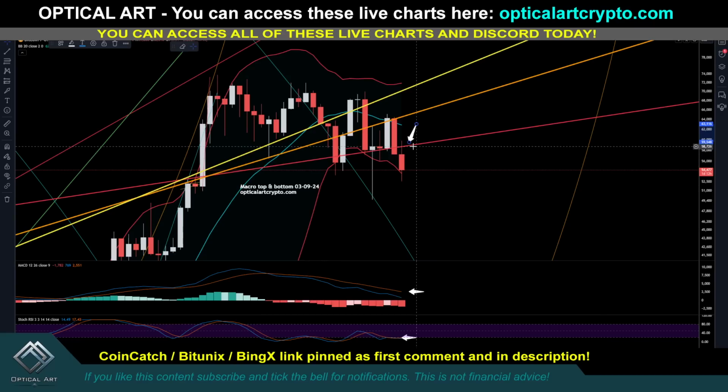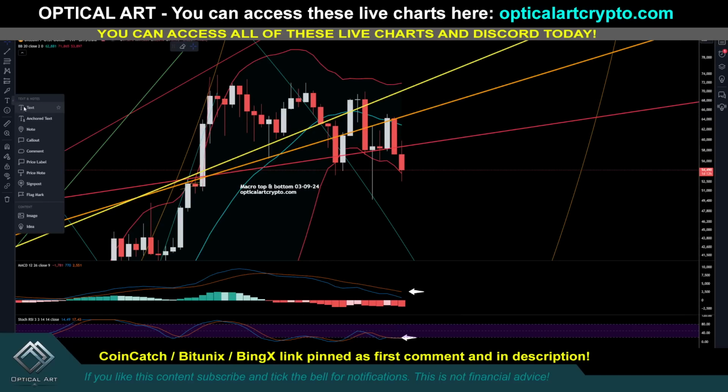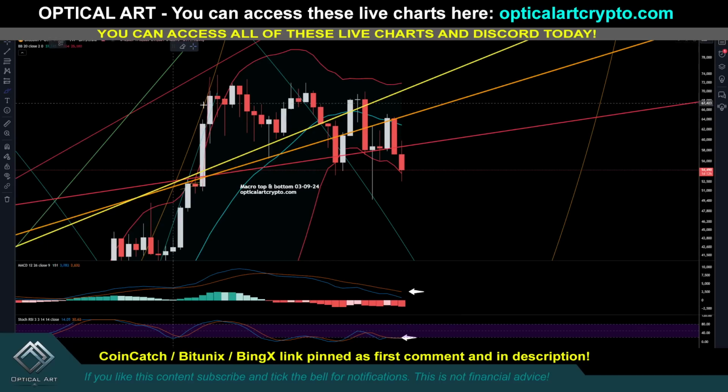So we could push up, make contact with it, get rejected. Take note the center Bollinger Band on the weekly is now starting to come down. So it could do something like this right here. Once the center Bollinger Band on the weekly gets below this point, it's game over, guys, because this red macro